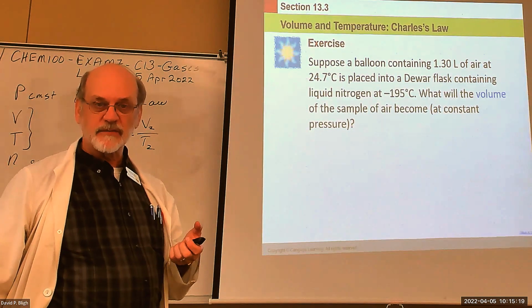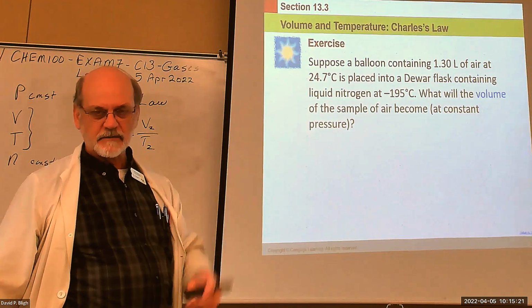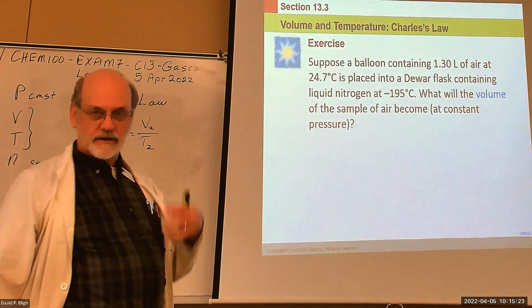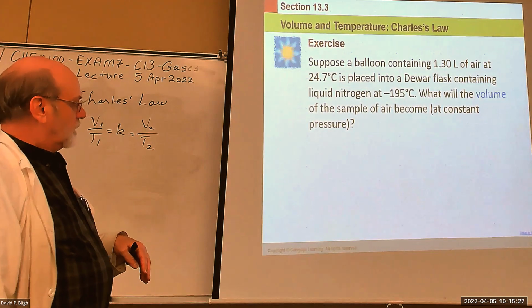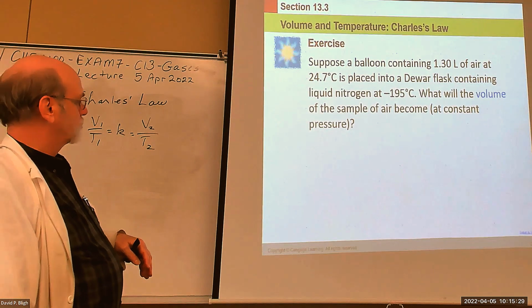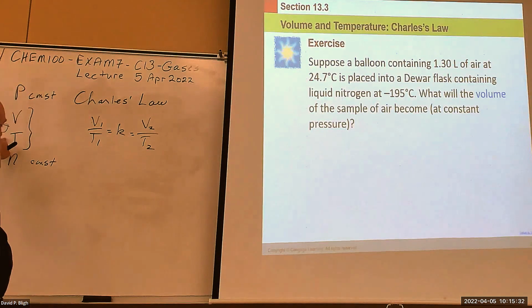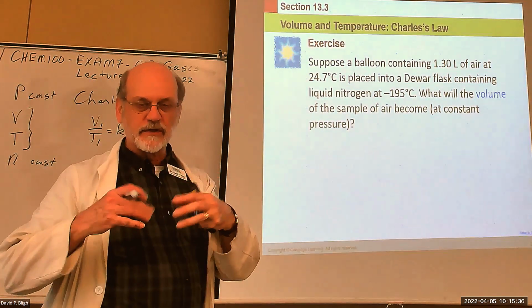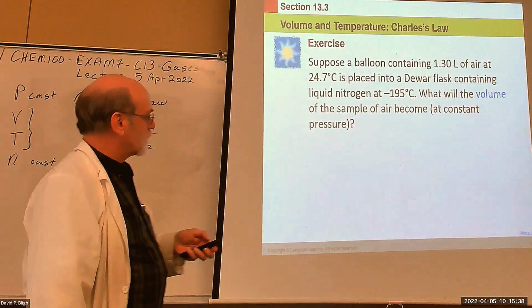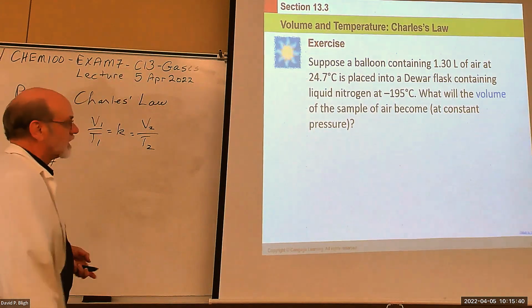The pressure is constant because it's open to the atmosphere. The atmospheric pressure on the balloon is not going to change. But the temperature does change, and the balloon confines the number of moles of gas inside the balloon, so that doesn't change. So your before is